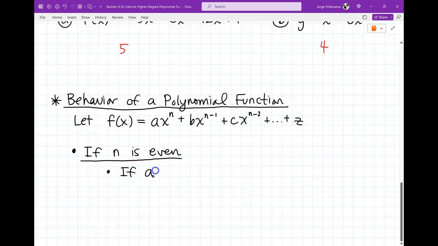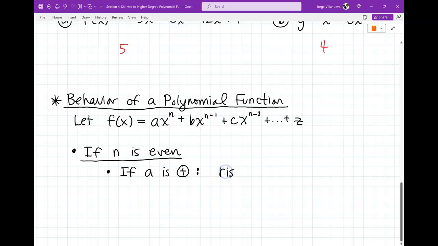And if a is positive, actually let me do a colon here. So if n is even and the coefficient in front of it is a positive number, say 2x squared or 4x to the sixth, okay? So a positive number with an even highest power. All right, so if that's the case,